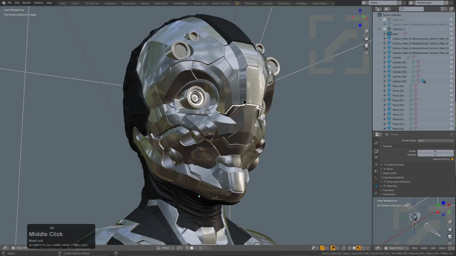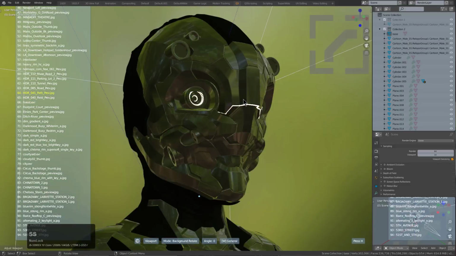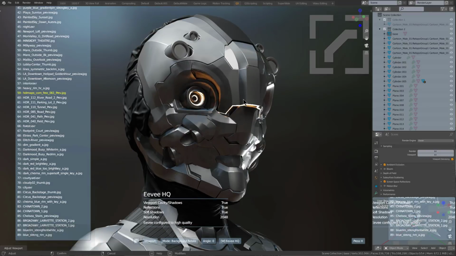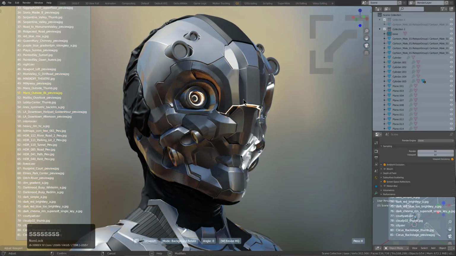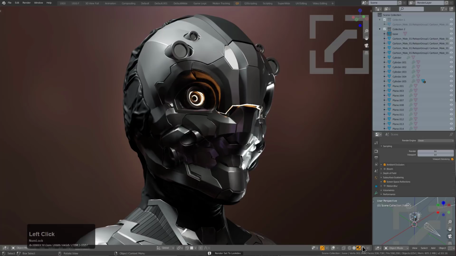However, I do love being able to press Alt V and then V again, and then switching out the environments till I find something I like. And then if something's missing from the way the shading is looking, pressing W in order to jump to EEVEE HQ, and then seeing all that local reflection goodness instead of having to go into preferences and turn that stuff on. So once I have something I like here, I can press R, click,